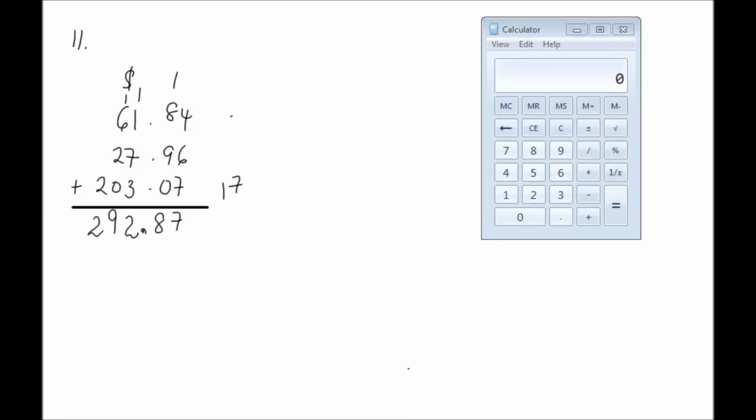$292.87. Let's check that. We add $61.84 plus $27.96 plus $203.07. $292.87. Okay, question 12 says, a newspaper vendor sold